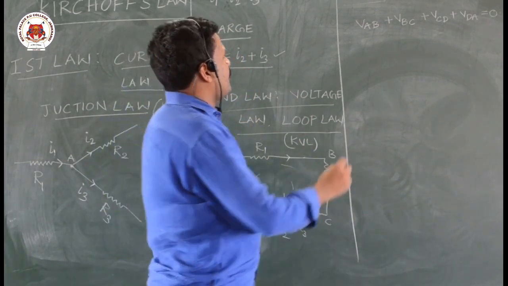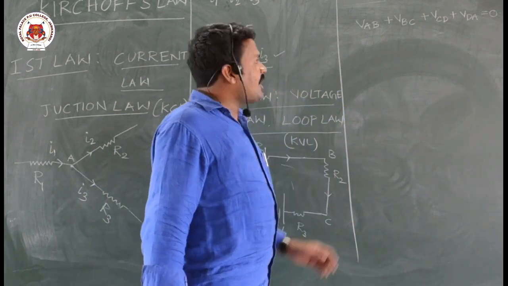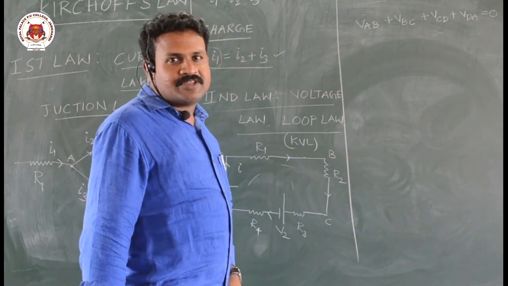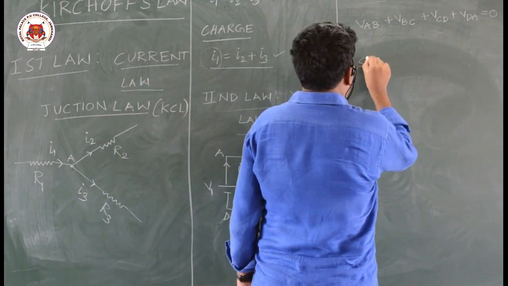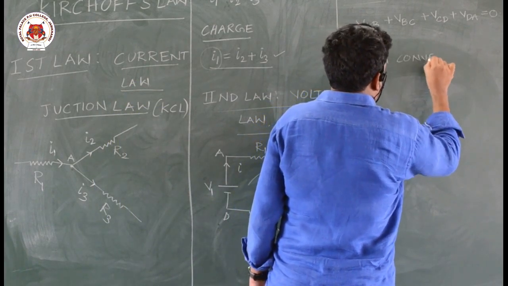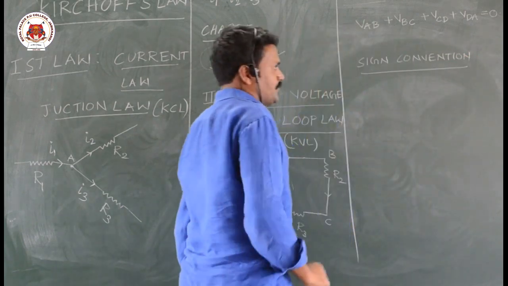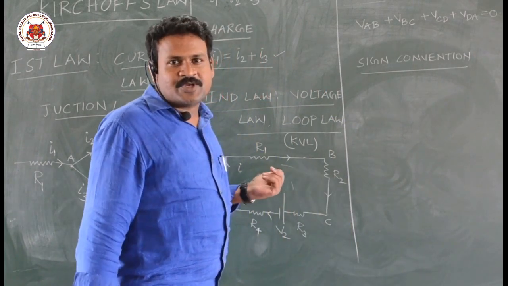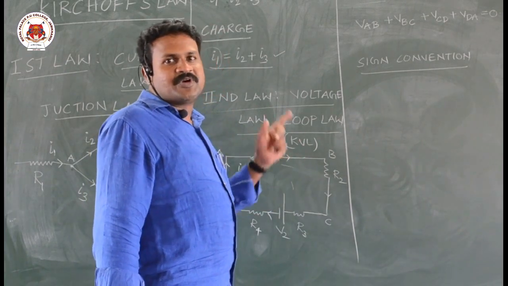Now for this, we should follow one sign convention, whether I have to take potential difference across A to B as positive or negative. Suppose you are moving inside a resistor, please note down the sign convention. This is a very important part of the second law of Kirchhoff, because Kirchhoff's second law has many applications in competitive exams. In case of PUC, they will ask what is Kirchhoff's laws and apply it for Wheatstone bridge.